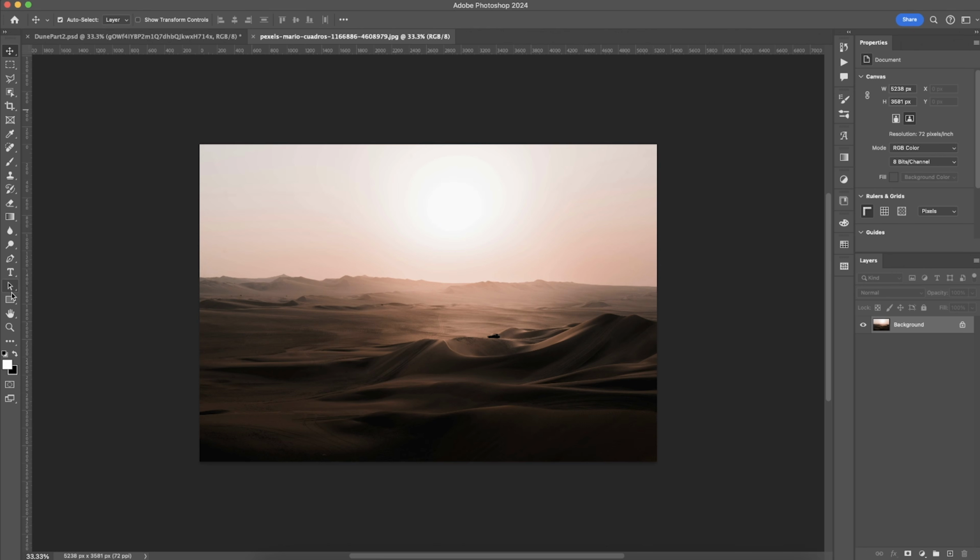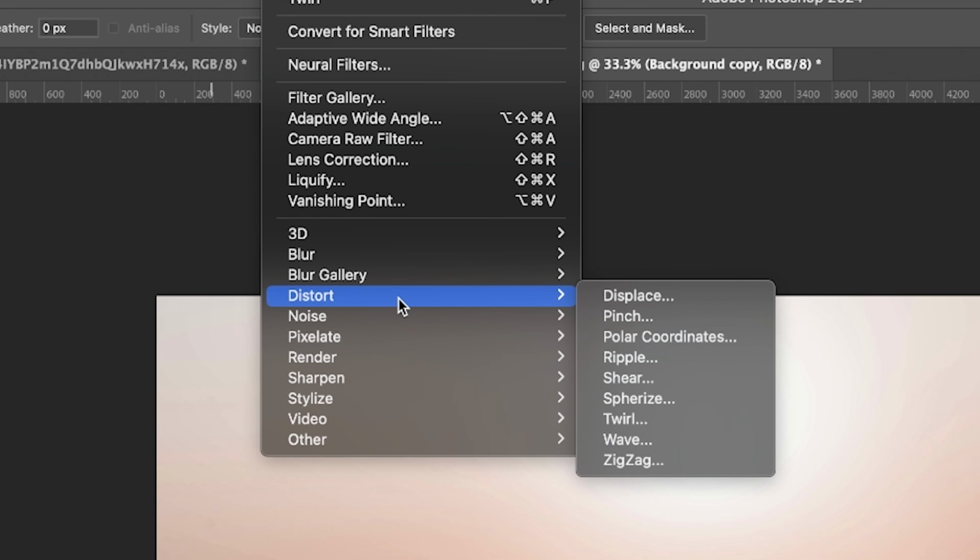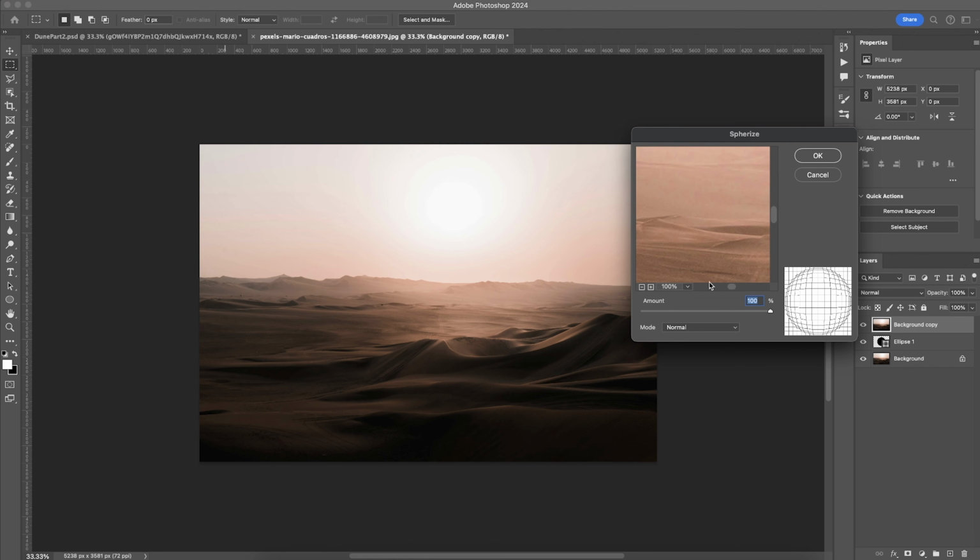Anyway, creating a floating metallic sphere in Photoshop sounds really difficult, but trust me, it's not. It takes just a few simple effects and shapes. So first, we're gonna open up this stock photo of some sand dunes, it's just a desert, and create a circle shape in the center. Now we're gonna go over to the filter effects, hit Spherize, and just keep that at 100%.